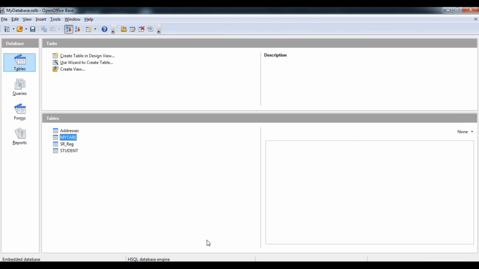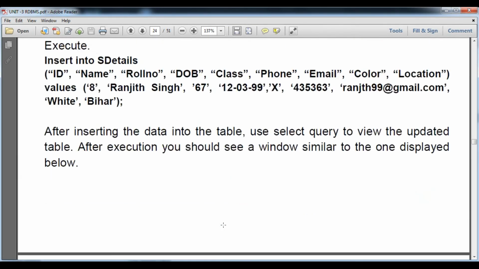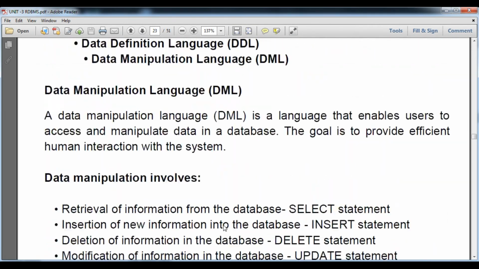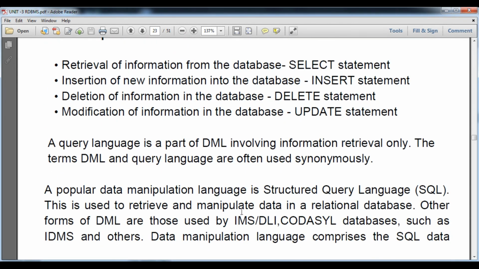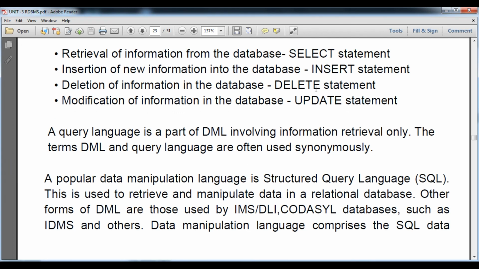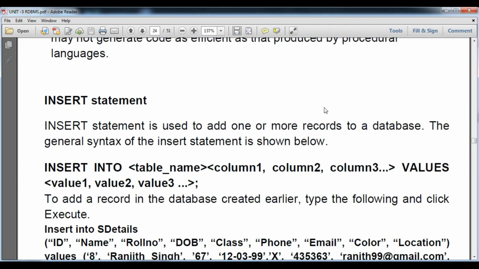So student, I hope you have learned today's concept, how DML commands are supportable for us, that is procedural and non-procedural, in which we have considered examples, that is insert and delete option. So we have completed 2 commands today, insert and delete. Select and update we will discuss in the next video.